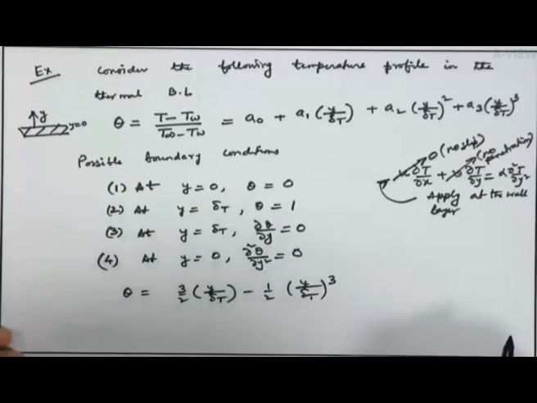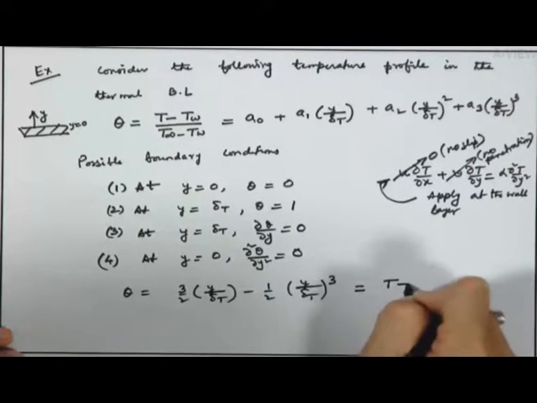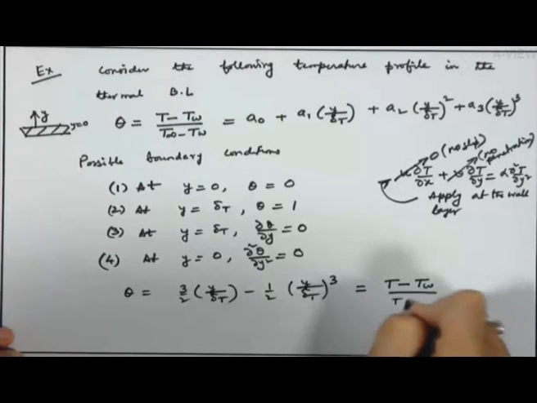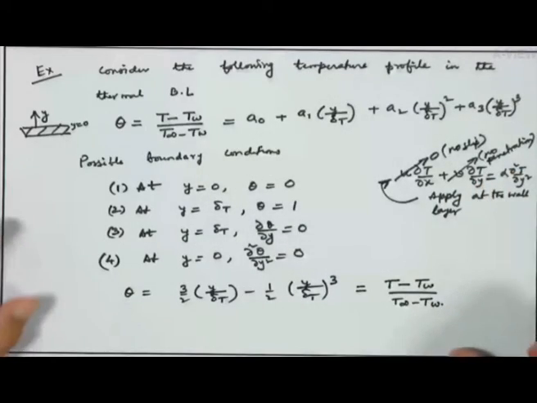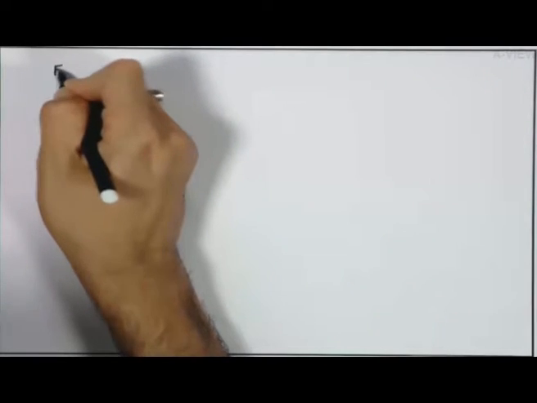This is a famous cubic profile. This theta is (T minus T wall) by (T infinity minus T wall). Now, we will plug this in the energy integral equation. So, energy integral equation